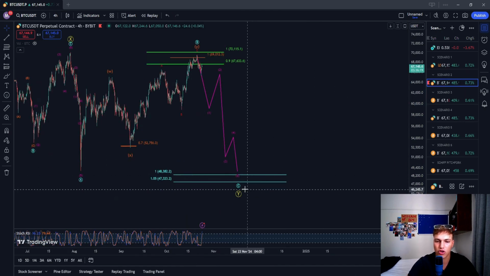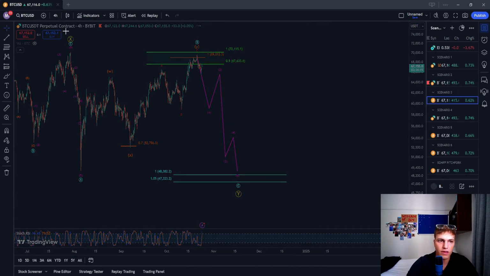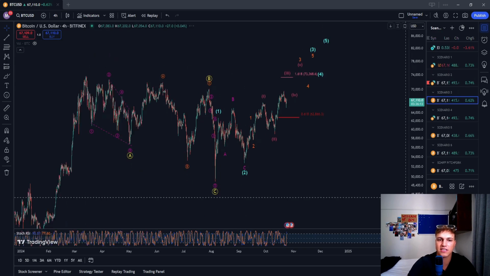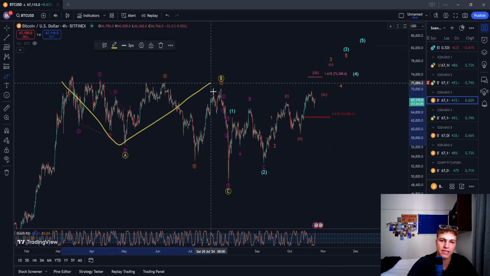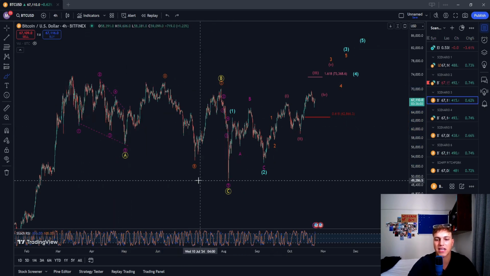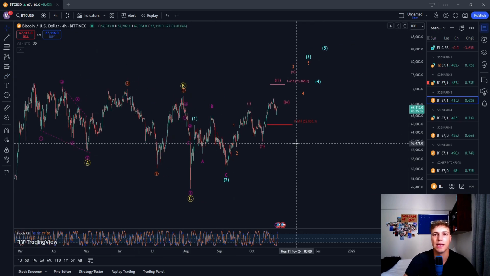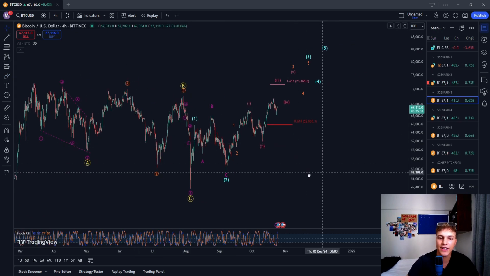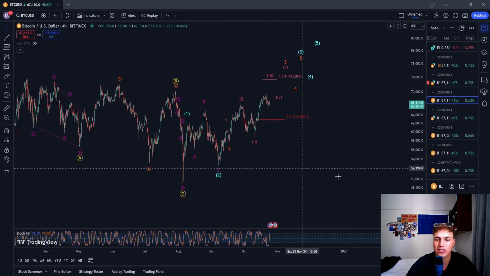That would be the target for the wave C for this scenario. Then for our third scenario on the chart, this is the most bullish scenario here. We have a finished ABC, or could be an ABC or a WXY, doesn't really matter, but it means a finished correction. Now, a finished correction, remember, can be one of two things, either an impulse or a diagonal. Now, a diagonal would mean the first scenario that we showed on the chart, and this would now be